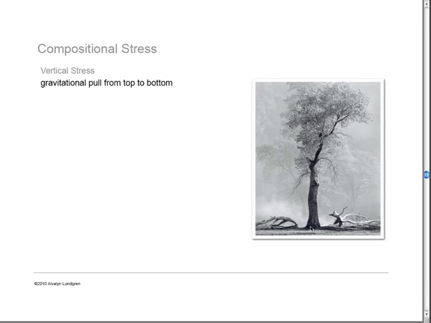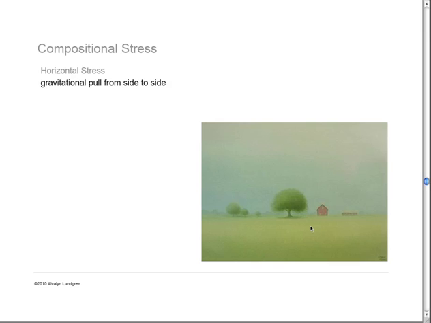Same thing with really tall buildings in metropolitan areas. In Manhattan, you have to really get physically uncomfortable to see the top of a really tall skyscraper. So that is a monumental thing, something larger than life, something bigger than ourselves. That's what vertical stress can denote. So vertical stress is kind of heroic. Horizontal stress is passive,